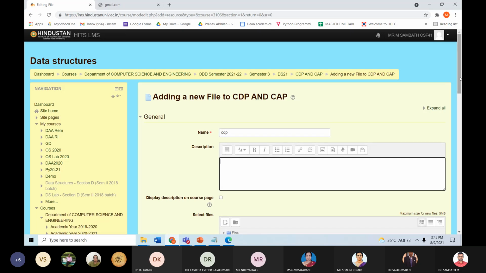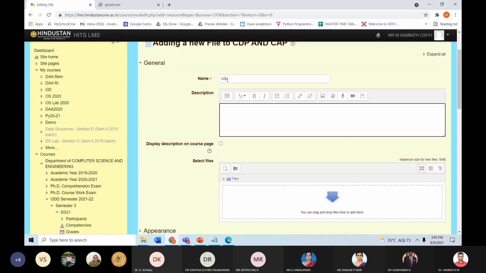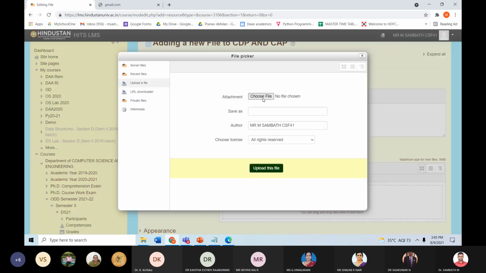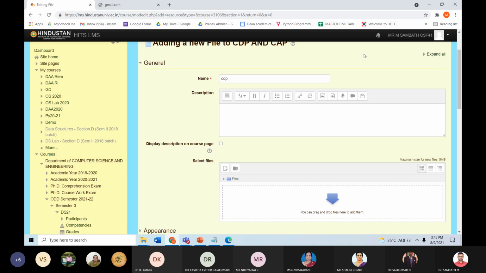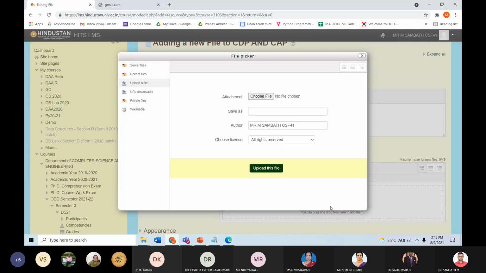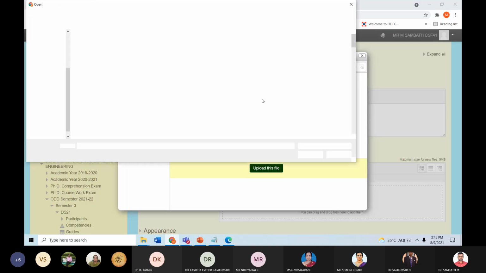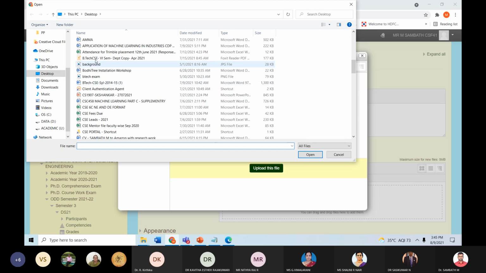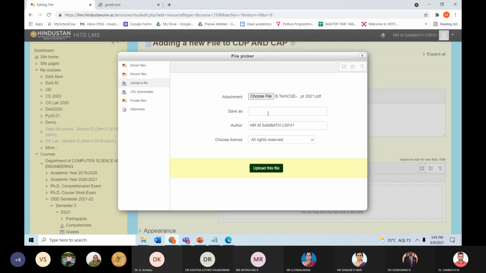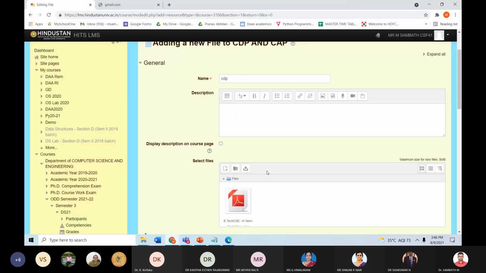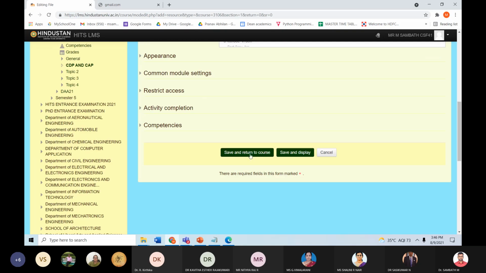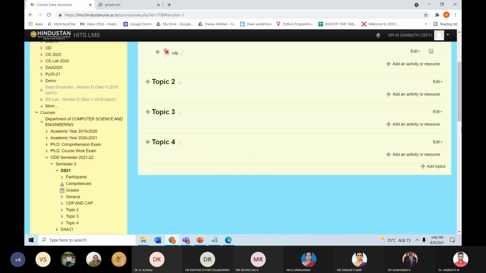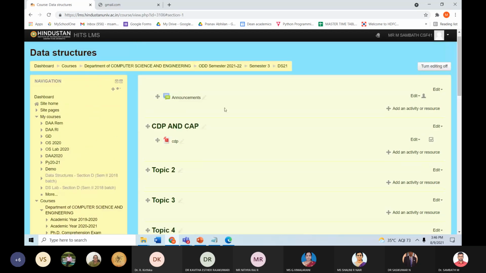Type the name of the file, CDP, then click this button, choose file. Now choose your CDP file, any file, then click upload, then save and return to the course. Okay, now CDP is uploaded.